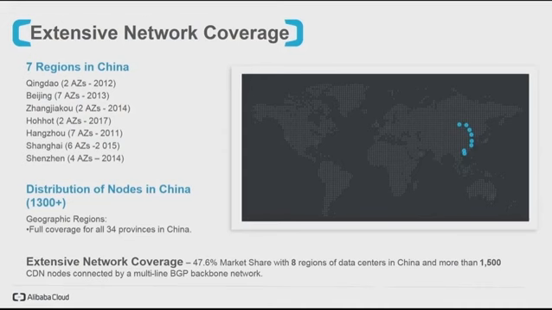Just in terms of Alibaba Cloud, we started in 2009, so it's been going a long time in China. We went international in 2015. But in terms of the scale, depth and experience regarding the market in China, you're looking at 7 different regions in China across all the geographical spans of that. Some regions, like Beijing, have up to 7 availability zones across the different data centers, and each one has at least 2. You can see obviously our home base at Hangzhou with 7.